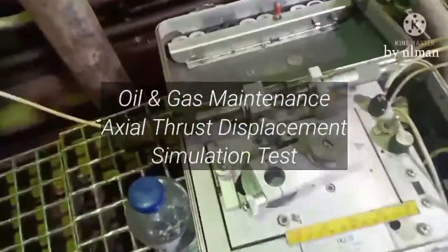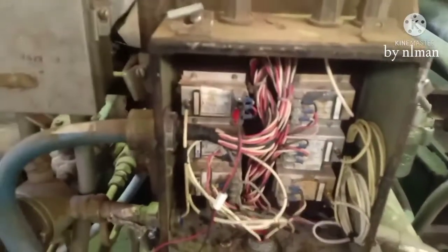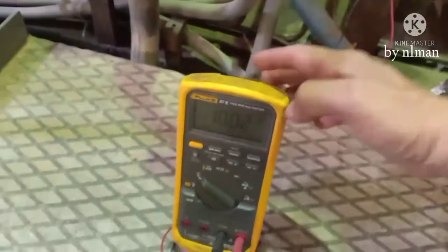Setup for checking this thrust probe. Okay, connected there to our extension cable, and then connected here in our proximity, and here is our meter. Okay guys,